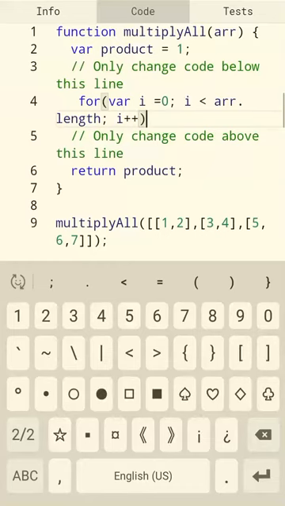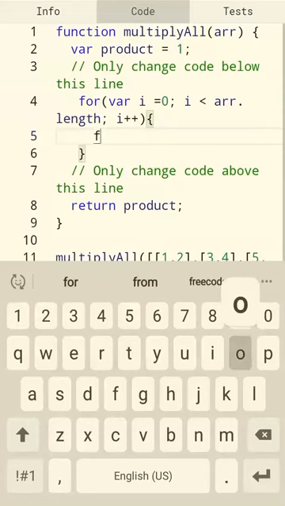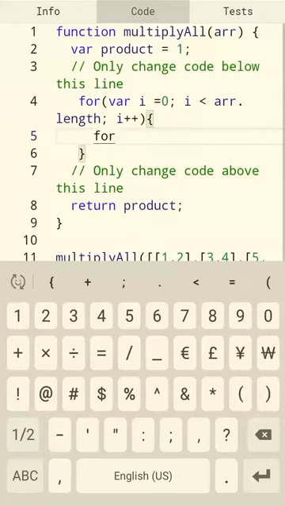Yeah, so i++. Now, this one loop we've already finished. So now, why do we call it a nested for loop? Because we need to make one more loop for two arrays: one main array and then the sub array. So for the main array, we've already done var i = 0, i less than r.length, i++.